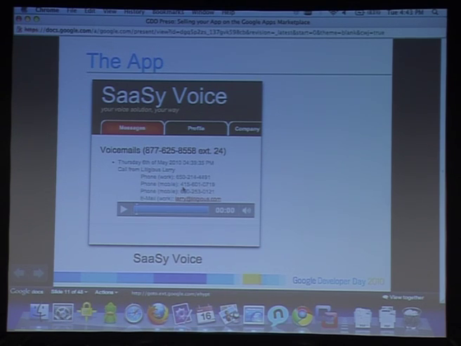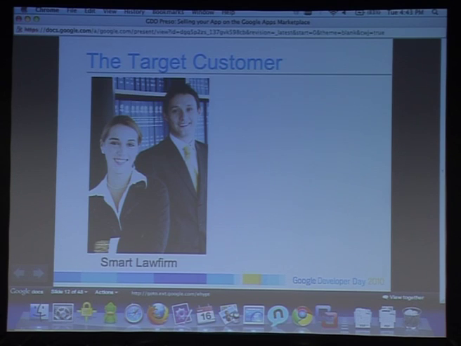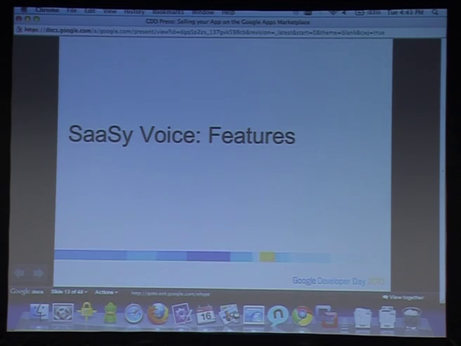I will show you it live. And for the sake of the demo, I will pretend to be a law firm company, a smart law firm. They are so smart that they decided to buy this application from the Google Apps marketplace. So the features of SaaSy Voice. As I told you before,